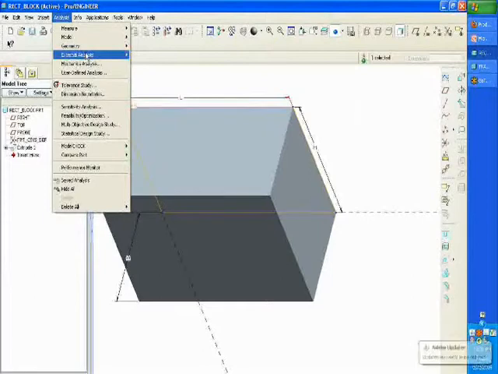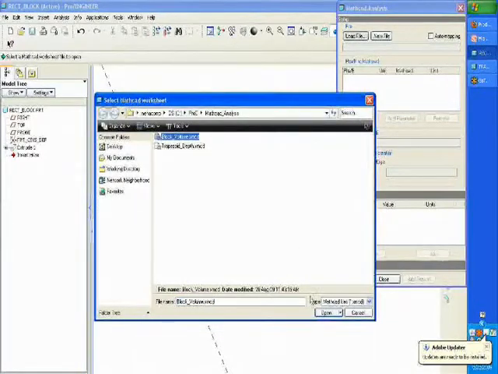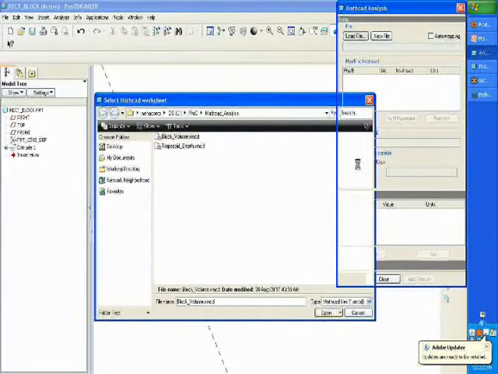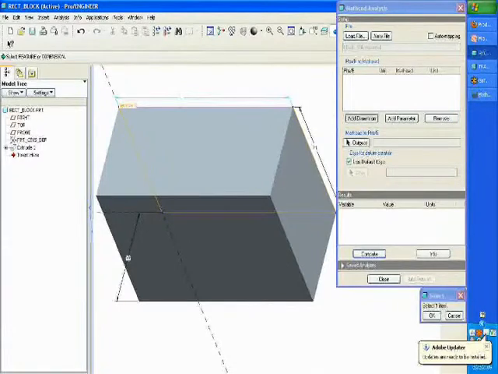I'm going to go back to the Mathcad analysis, and we're going to load the same file that I loaded earlier. I'll just wait for it to load here. It loaded. I'm going to add dimensions. So if I say length,